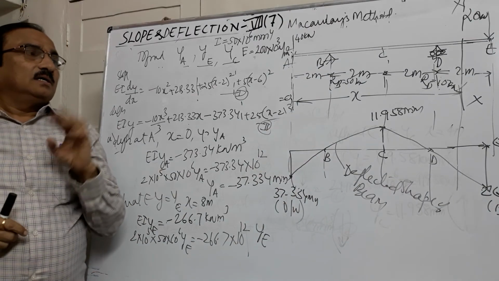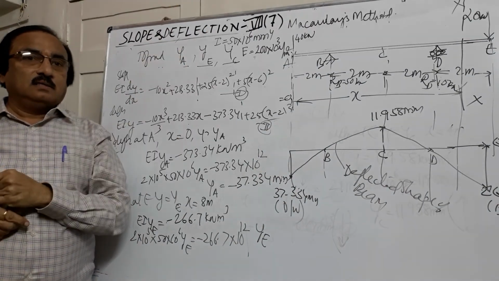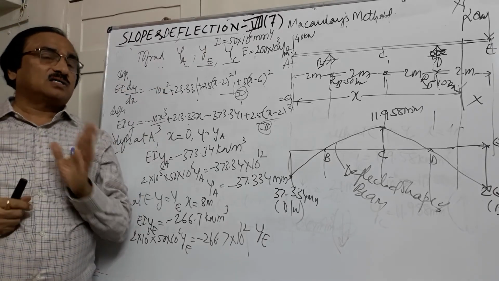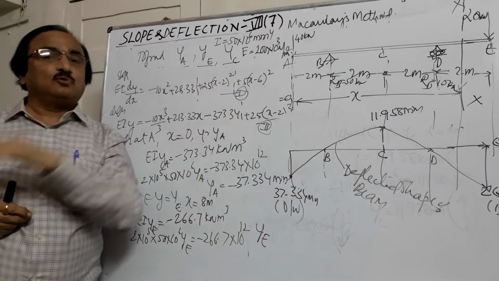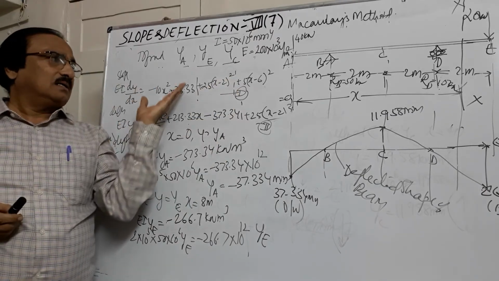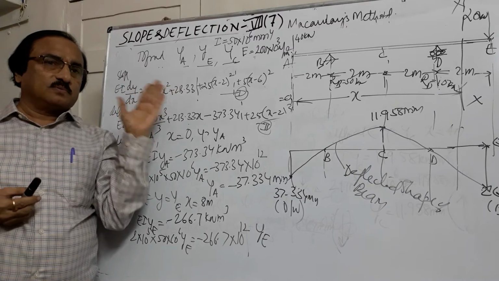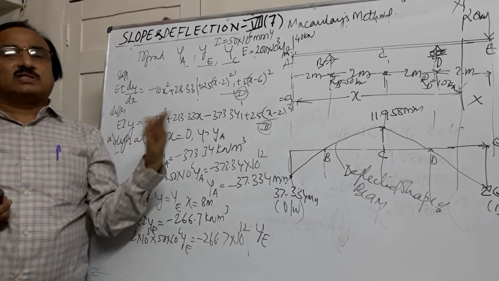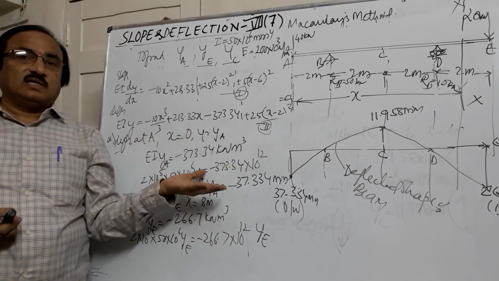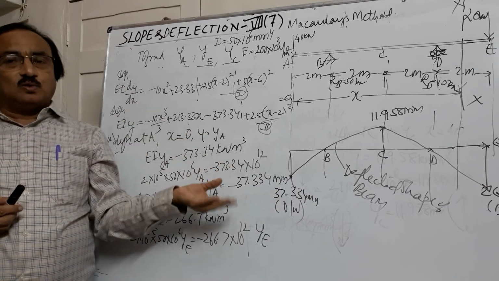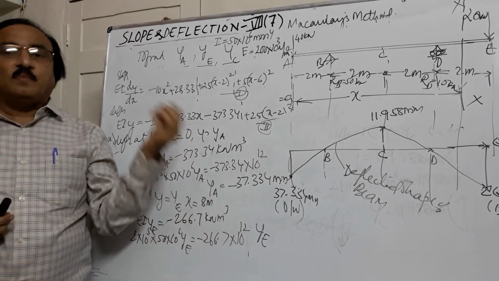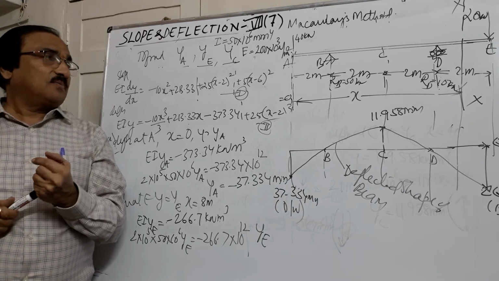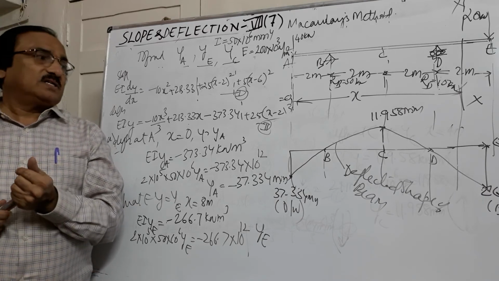So like this, if the UDL continues up to the right hand, that portion is to be considered the last portion, and the distance to be measured is always from the leftmost portion. So take care of that. The procedure remains the same, only you have to substitute boundary conditions and find out the values of C1 and C2. Use those C1 and C2 in the slope equation and deflection equation. At any point, by substituting x, you can find out the slope as well as the deflection. So these are the various categories of problems that you see in slope and deflection of beams.